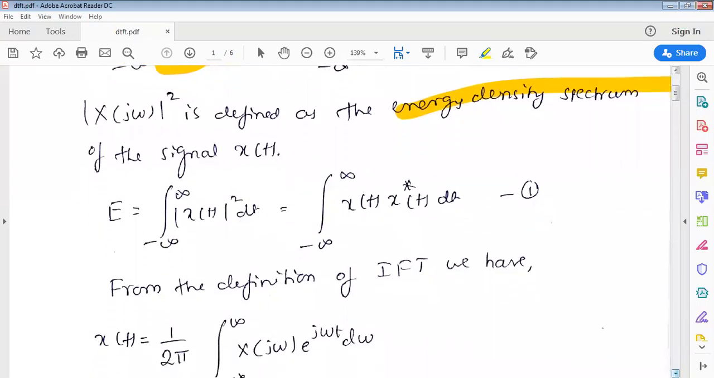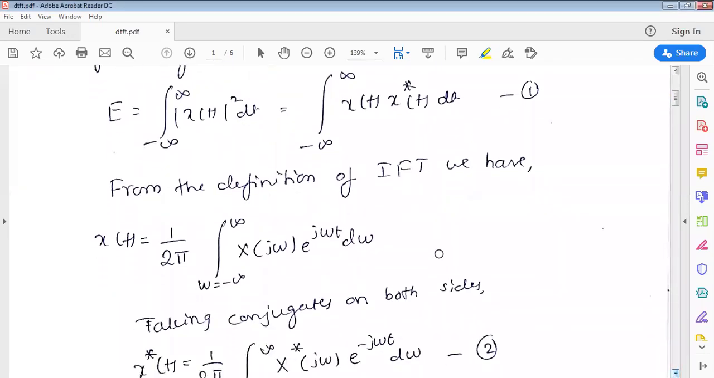So let us consider once again E is equal to the integral of |x(t)|^2 dt, that is equal to the integral from minus infinity to plus infinity of x of t into x star of t. That is, |x(t)|^2 is equal to x of t into x star of t, the complex conjugate of x of t. Now what is the definition of inverse Fourier transform? That is x of t is equal to 1 by 2 pi integral...